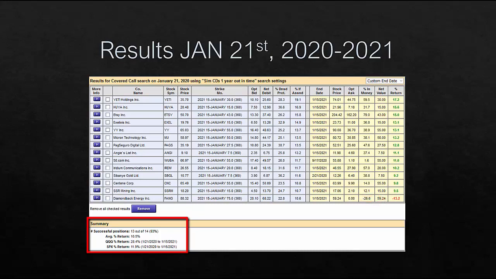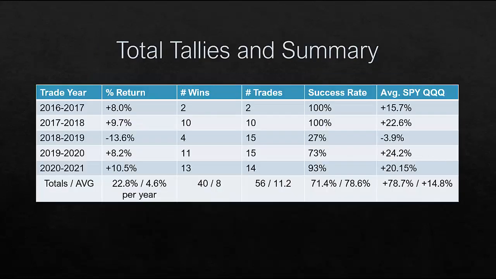But we do end up with an average 10.5% return over that 12-month period with no management on these covered call trades. And we likely would have not managed them anyway, to hold them closer to full profit at expiration. SPX is up 12%, almost the same amount, a little bit more over that same 12-month period. And the Qs were up 28.4% as well. So the total tallies in summary, year by year: 2016 to 2017 for the simulated CD covered calls saw an average of 8% return and 100% success rate,